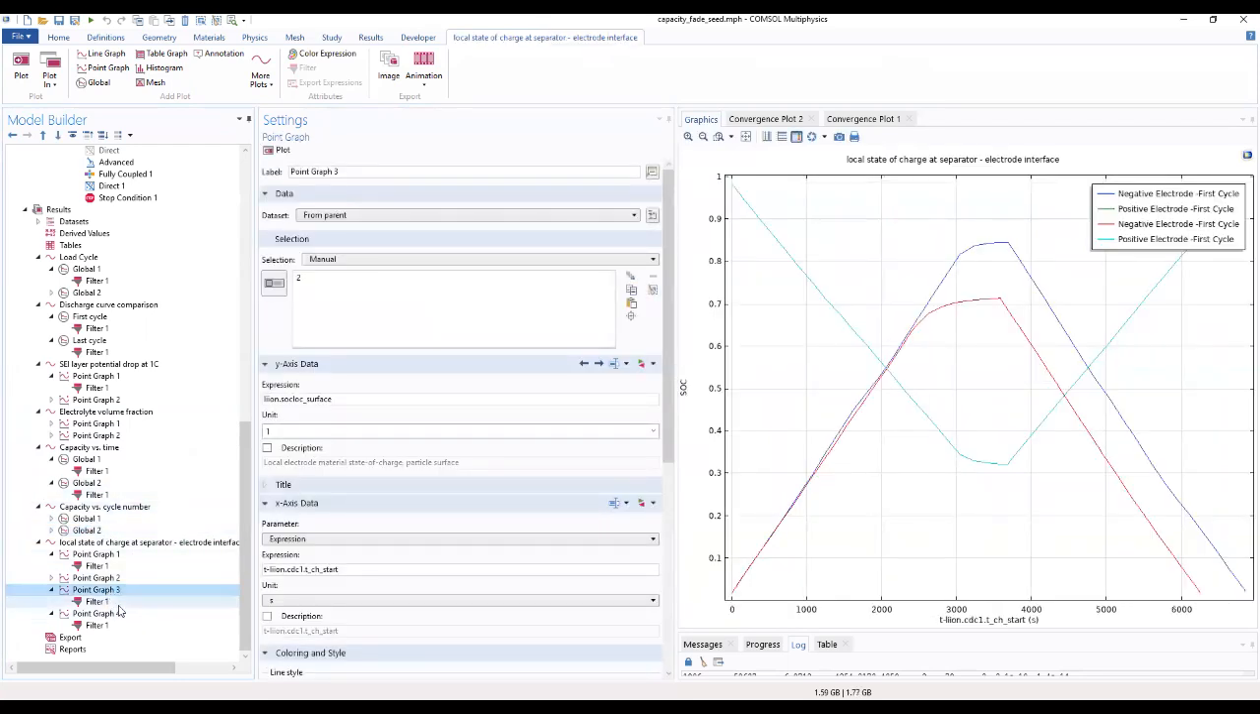So basically that's it. Being able to plot our graphs, and this brings us